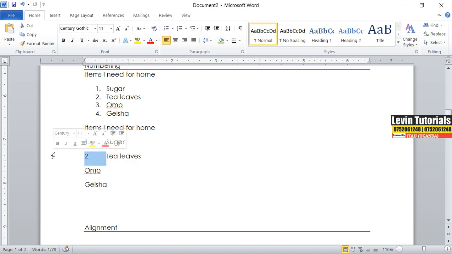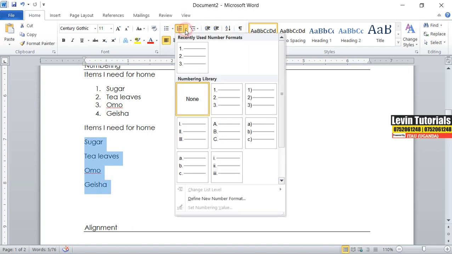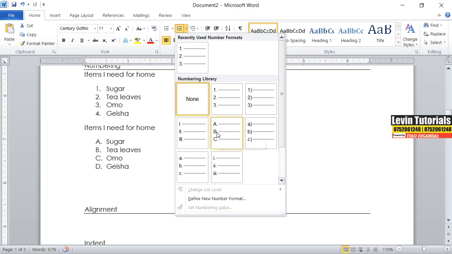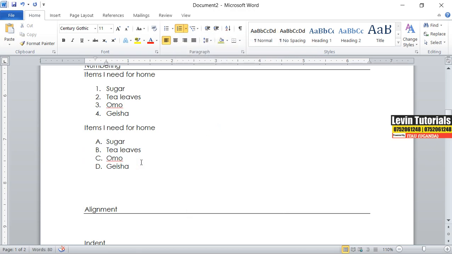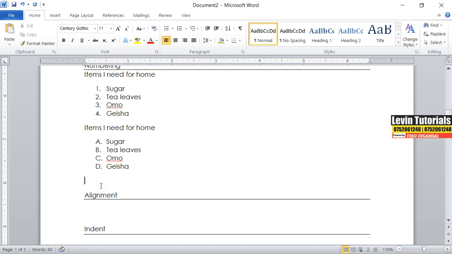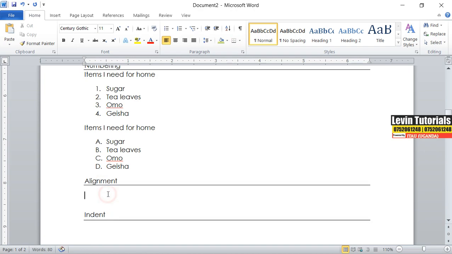So I want to use a different numbering style, and this time I'm going to use alphabet. Come back here, select. This time I want this. Okay, so that is called numbering. So you can number from A to Z, or from 1 to 10, 20, 30, 40, depends on what items you are having. That is called numbering. So try to practice, try to number different items, list down different items and try to